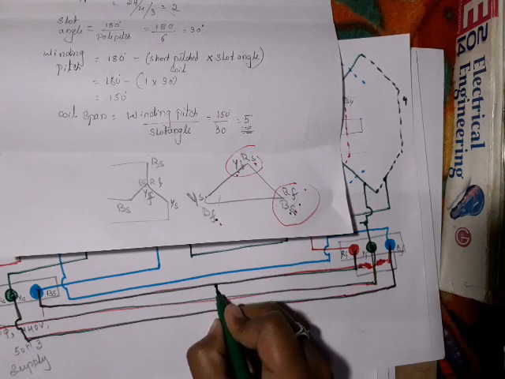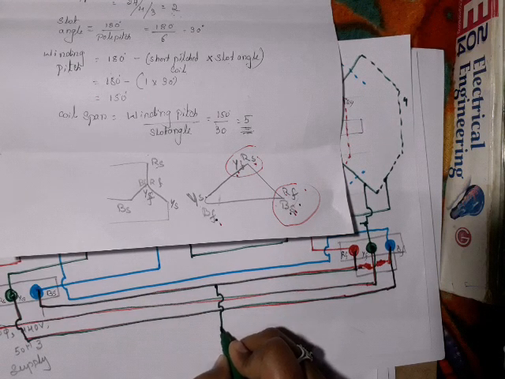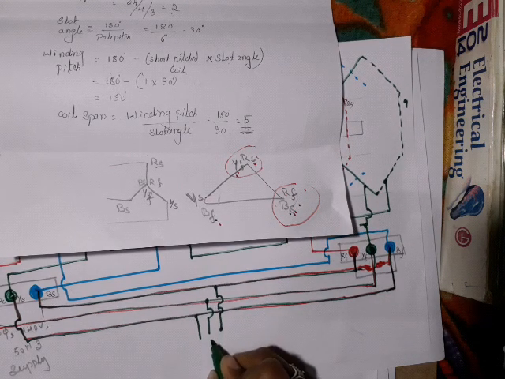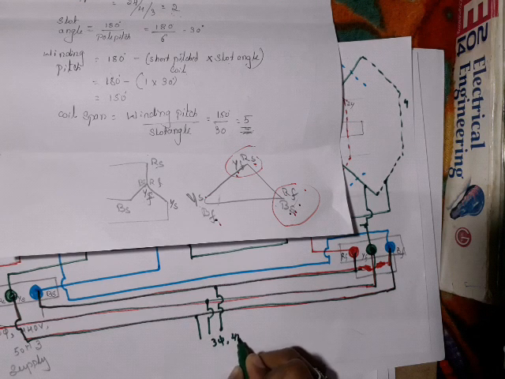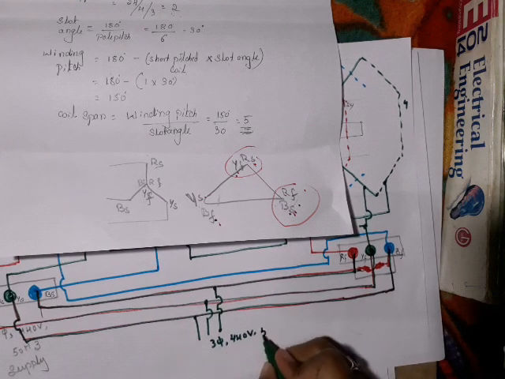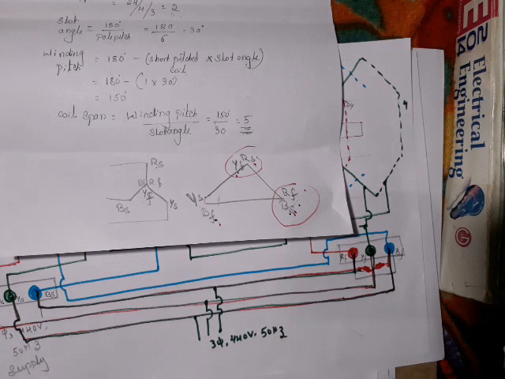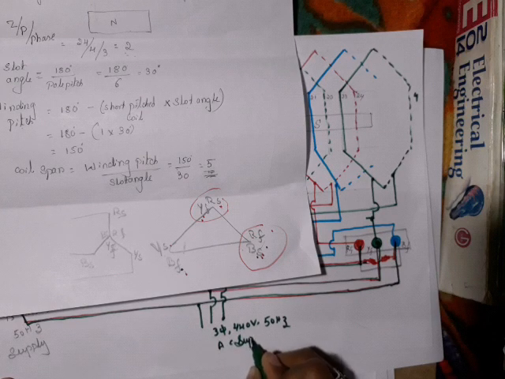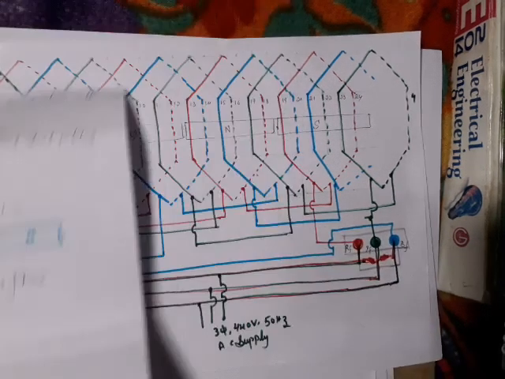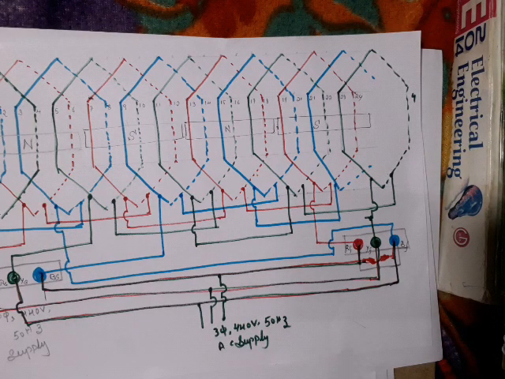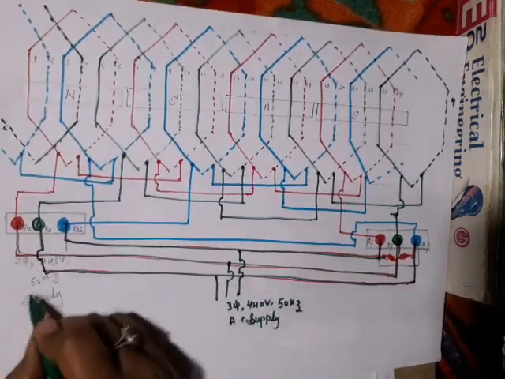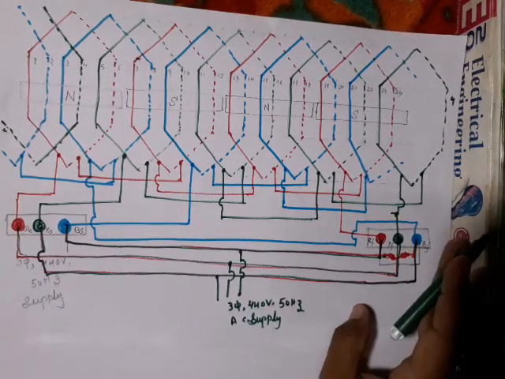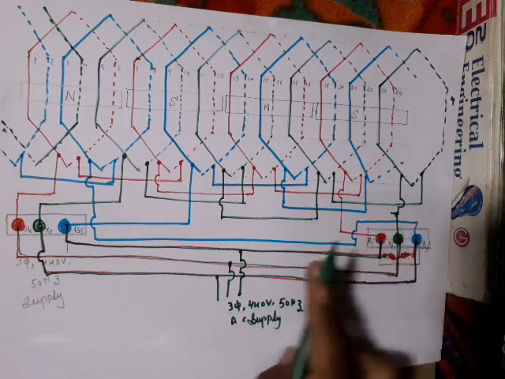Now you need to give the supply for this. 3-phase supply. Take the windings outside. Here you give 3-phase 440 volts. Whatever voltage is given, that only you can give. AC supply. So this is for delta connection. For star connection, you have to take this winding outside, write 3-phase 440 volts 50 hertz supply and short here. For delta, I showed it the second time.